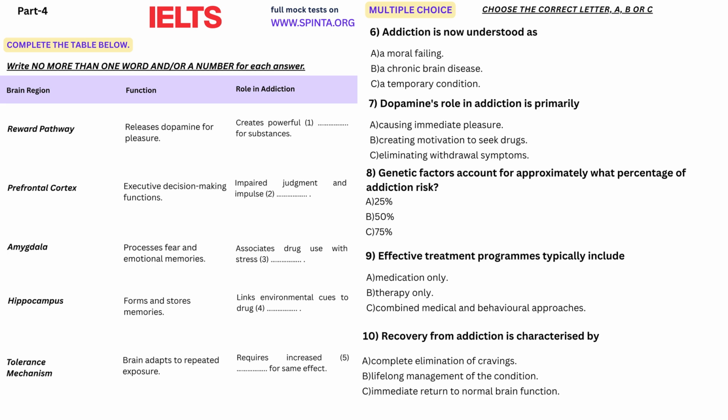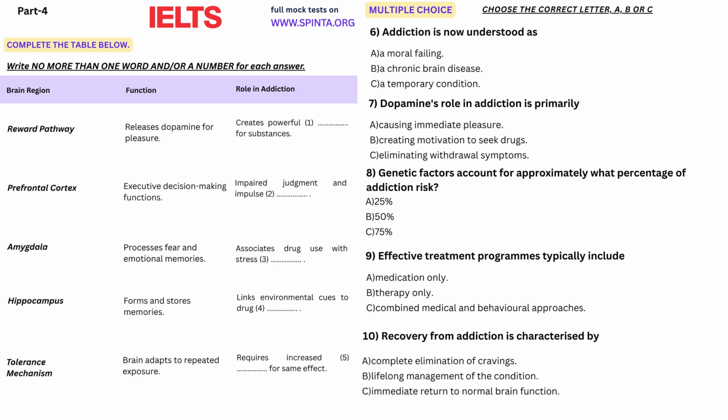The brain's reward system lies at the heart of addiction vulnerability. The mesolimbic dopamine pathway, connecting the ventral tegmental area to the nucleus accumbens, evolved to reinforce survival behaviors like eating and reproduction. Addictive substances hijack this system, triggering massive dopamine releases that far exceed natural rewards, creating powerful associations between drug use and pleasure. Chronic substance use leads to neuroadaptation, compensatory changes that maintain brain function despite ongoing drug exposure.